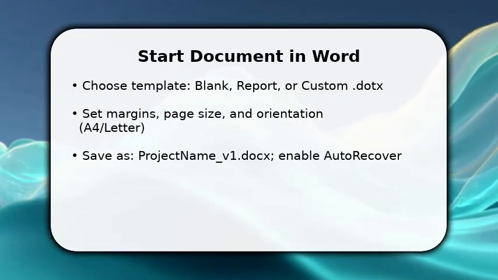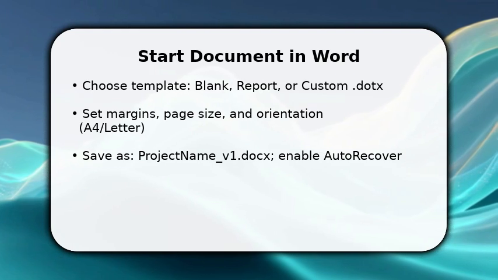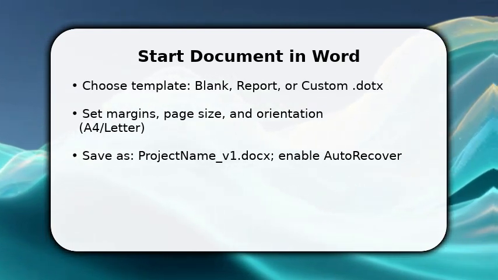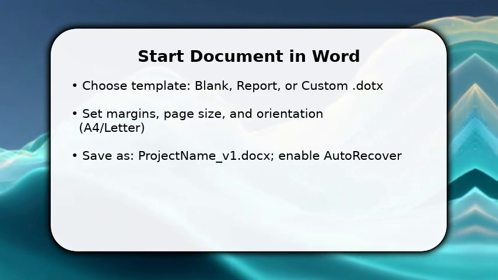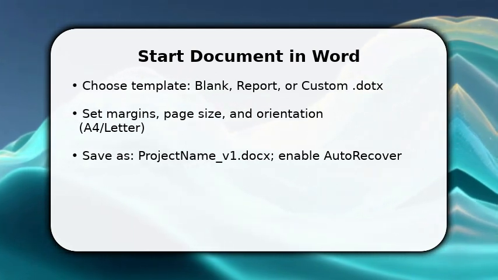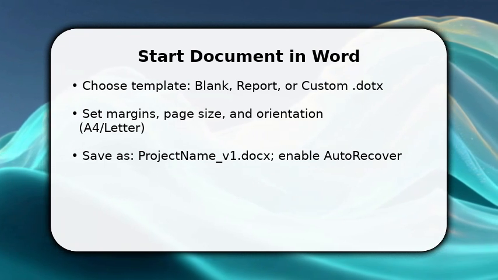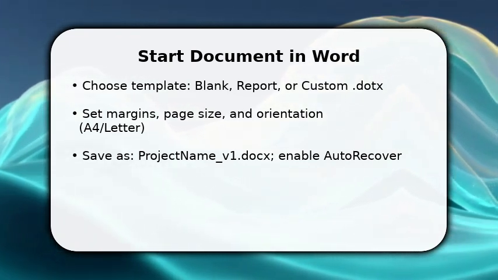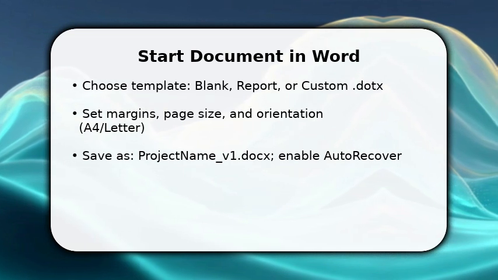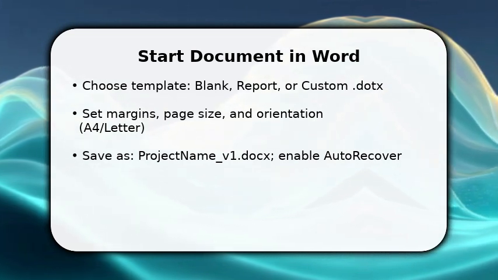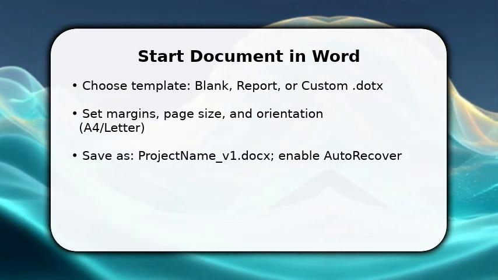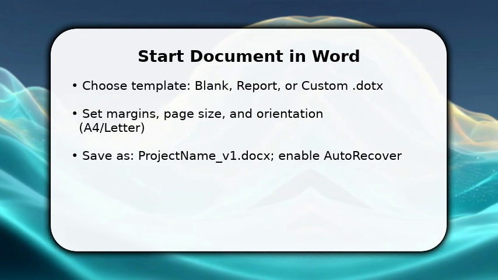You begin by creating a focused file. Open Word and pick a template that matches your purpose. Templates save formatting time. Once done, set page size, margins, and orientation to control layout from the start. Make sure to save immediately with a clear name like project name V1.docx and enable auto recover so you don't lose progress. This combination lets you start writing rather than fixing formatting later, and it establishes consistent defaults for styles and headers